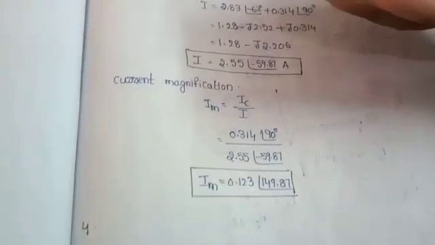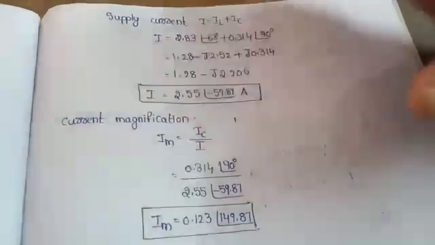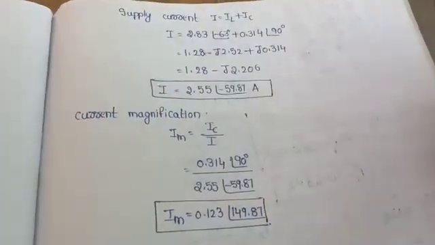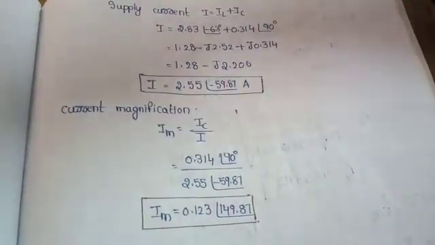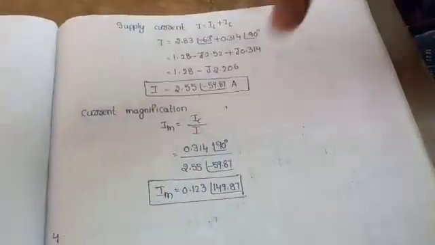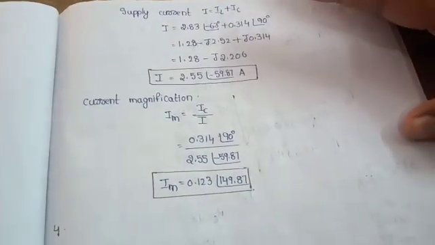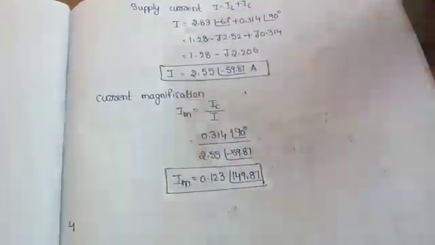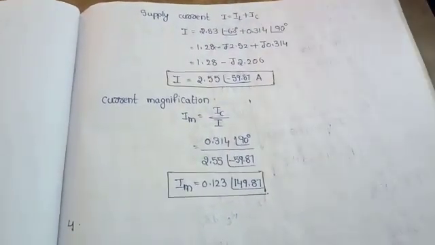So this is about the resonance topic, series resonance and parallel resonance circuits. The most important topics in series resonance are resonant frequency, quality factor, and bandwidth. In parallel resonance, there are the two resonant frequency derivations, that is tank circuit and practical inductor with practical capacitor, and also quality factor and problems, and the last one is the difference between series and parallel resonance. This is all about the series resonance topic. In the next video we will discuss the next chapter, magnetically coupled circuits. This is also under the 4th unit.